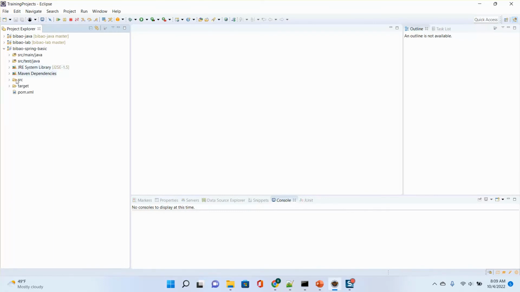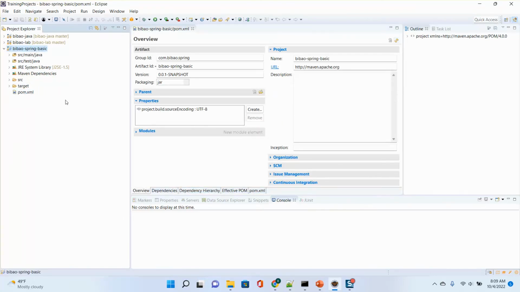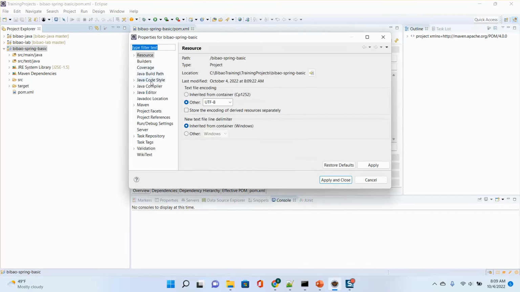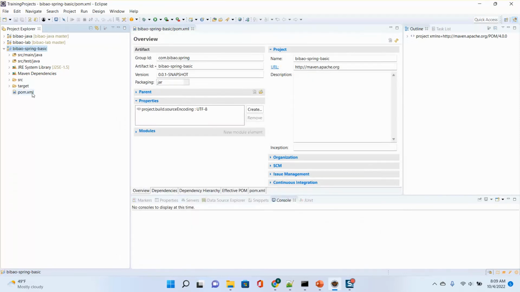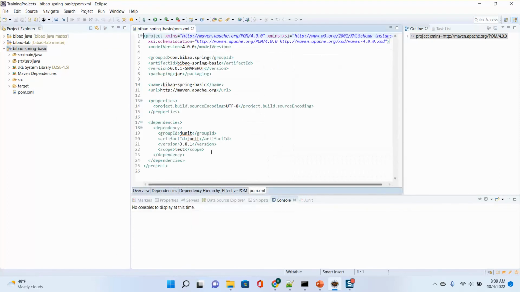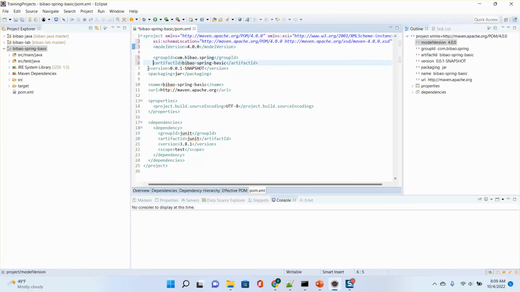Okay. Now first, we need to modify the POM. Now this one I change the compiler to 1.8. Okay. For this POM, let me make a better format. Okay. Now snapshot I can change to 1.0.0. In this property,